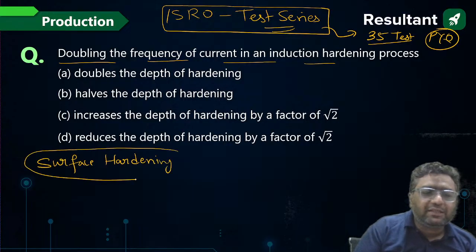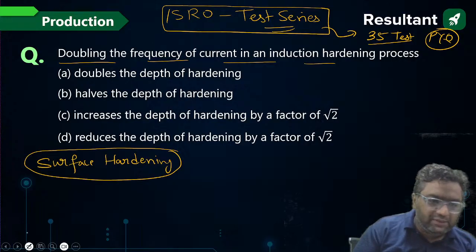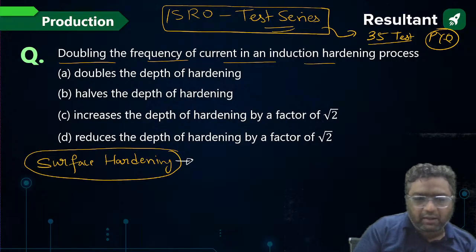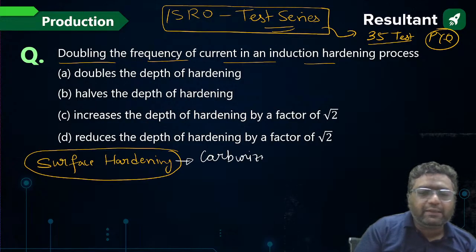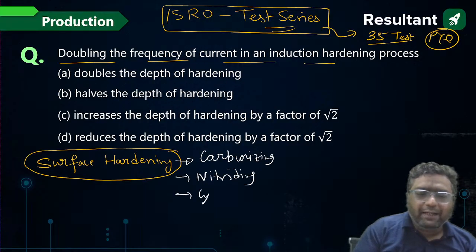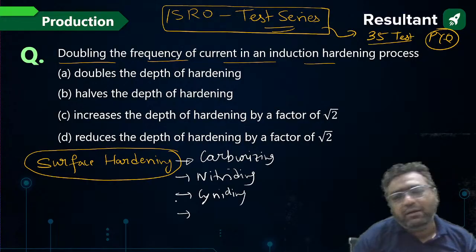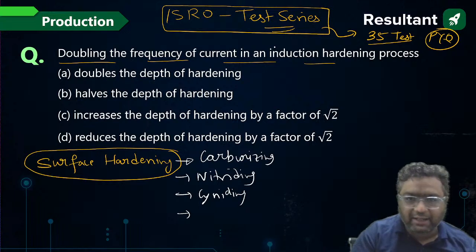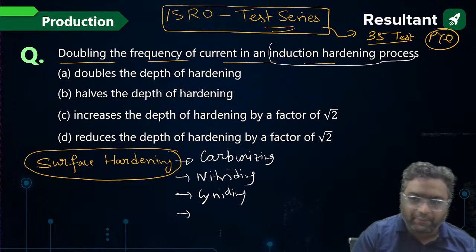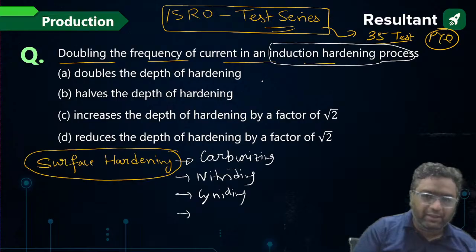When we talk about surface hardening, it includes some processes. One is carburizing, then you have nitriding, then you have cyaniding. Similarly, you have induction hardening and flame hardening. So when we are talking about induction hardening,